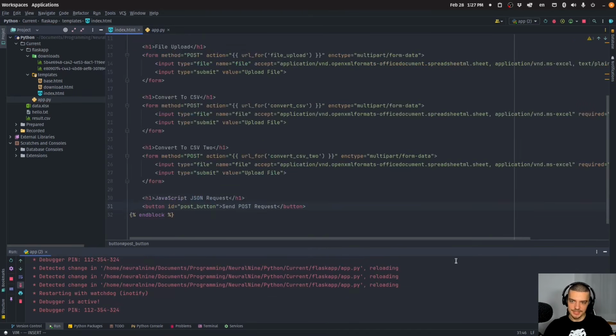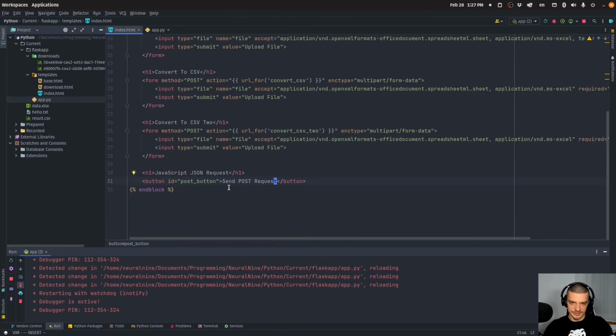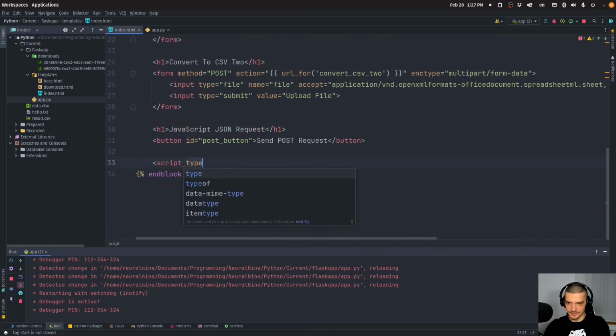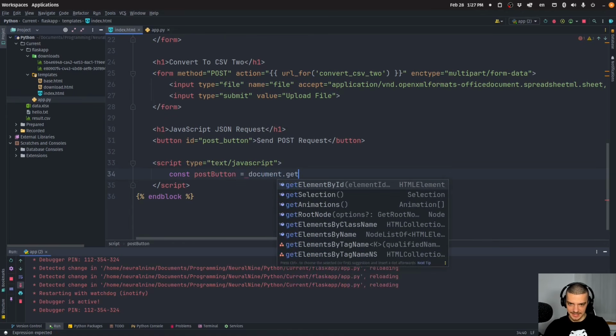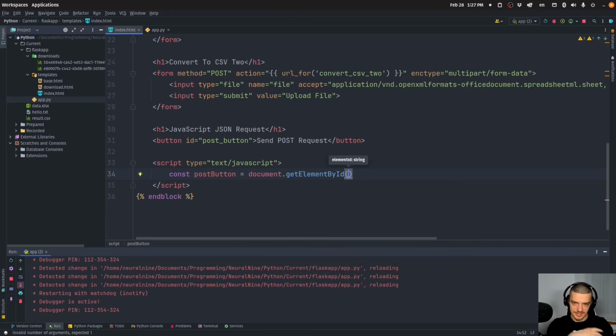So this is our endpoint, and now we're going to send a post request to that endpoint using JavaScript. So script, we're going to create a script tag down here. Script type is text/javascript, and the functionality is going to be the following. We're going to get the button as a constant here, so const postButton is going to be equal to document.getElementById. Now this is core JavaScript. You probably want to use something like jQuery if you're actually doing some JavaScript stuff, but this is now core JavaScript. getElementById, post_button,